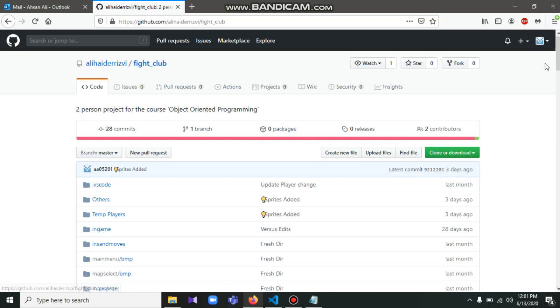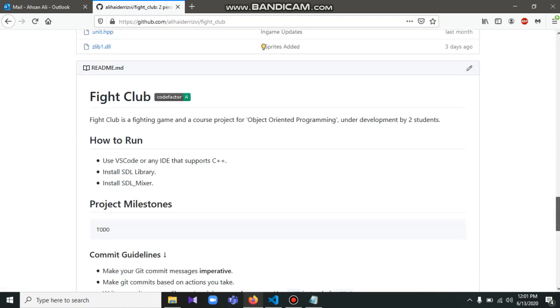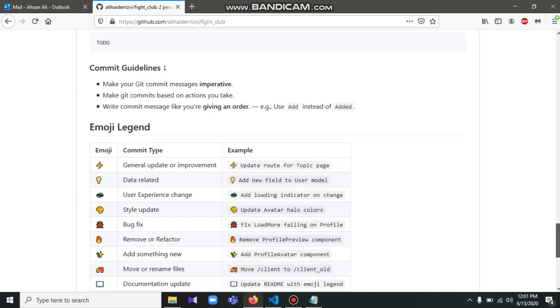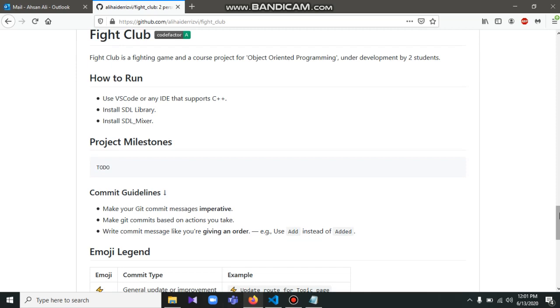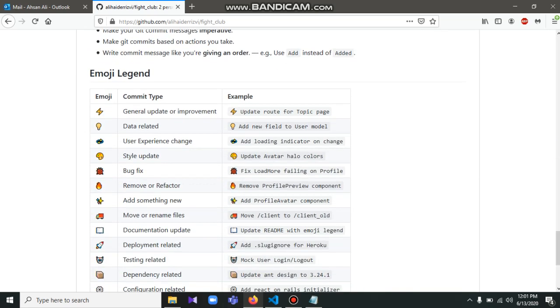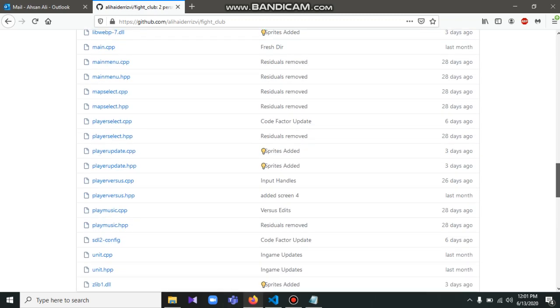As you can see, this is the directory on the GitHub. Also, Ali integrated this extension, I think called Code Factor, which basically increases the quality of the work on the GitHub. As you can see, this is the documentation which can be used with these symbols to make it more visually better.